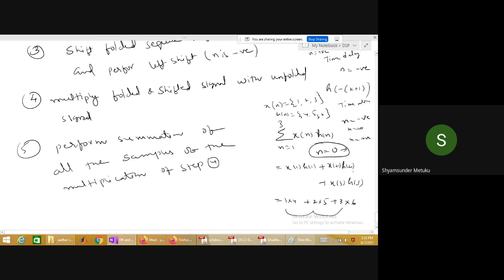I'll tell you another way. n equal to -1, you should have applied. Example. So n equal to -1 means the shifted signal should be delayed or advanced? Advanced. Then you try to multiply, then you get the samples, then you perform the addition. So you are able to calculate only y of -1, no? Still you need to calculate y of 0, y of 1, y of 2. Still needs to be calculated or not?